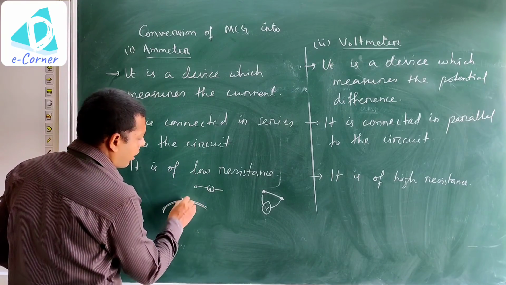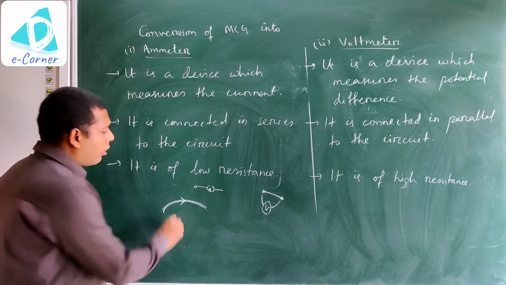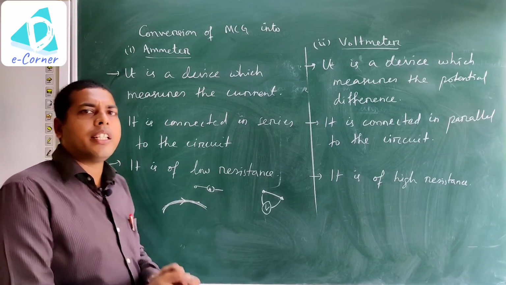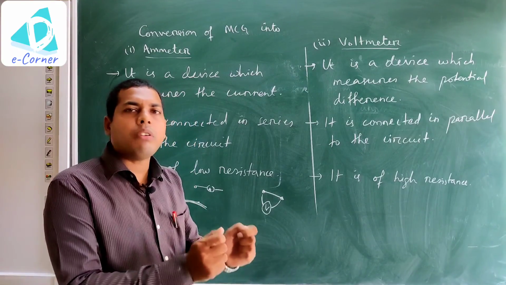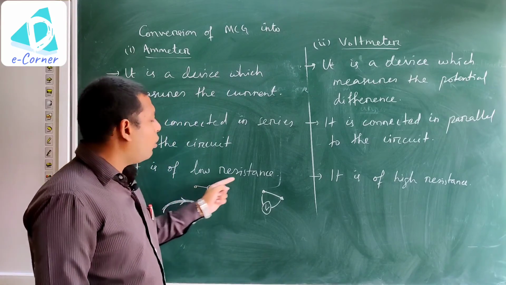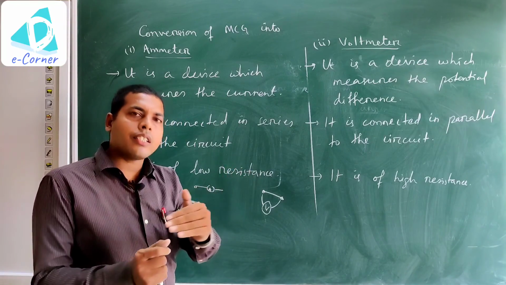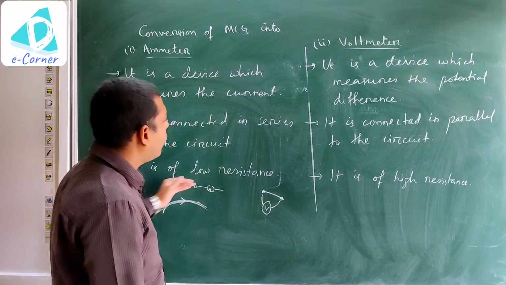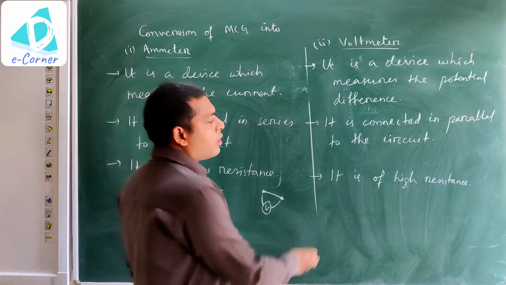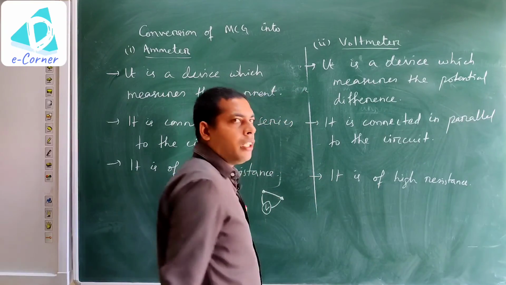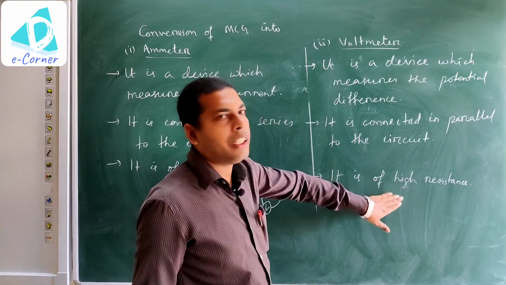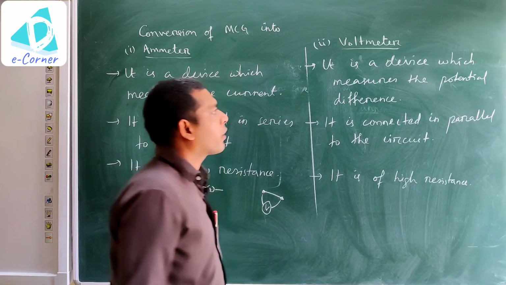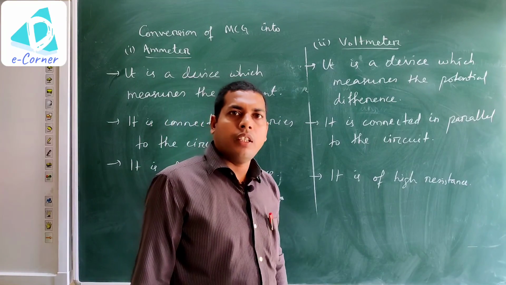लो रेजिस्टेंस होने से करंट ज्यादा जाएगा, बट उसमें वोल्टेज जनरेट नहीं होगा। V is equal to I into R. Since low resistance, करंट ज्यादा चला जाएगा लेकिन I इंटू R, उसमें वोल्टेज कुछ नहीं आएगा, इसीलिए लो रेजिस्टेंस बोलते हैं। And the voltmeter is of high resistance, ये हाई रेजिस्टेंस होना चाहिए। Okay, all this about it, thank you.